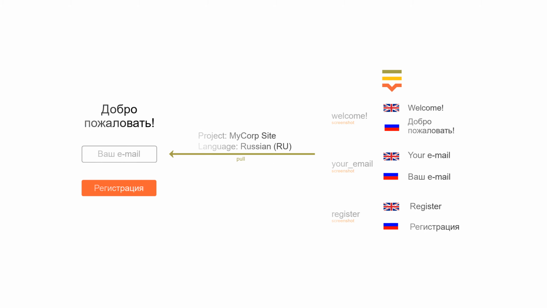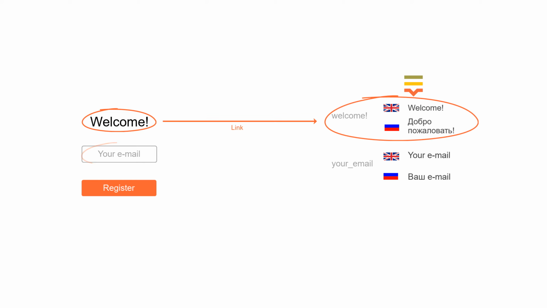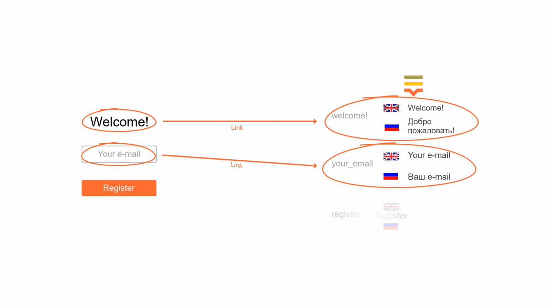What if your localized project already contains some of the text from Figma? That's not a problem. You may choose to manually link a Figma text element to an existing key on Localize or even perform this operation automatically. In this case, our plugin will try to match Figma text to existing translations on Localize instead of creating duplicates. New translation keys will be created only for those texts that could not be matched.